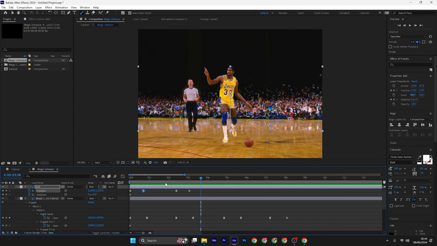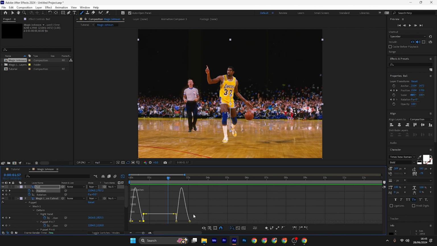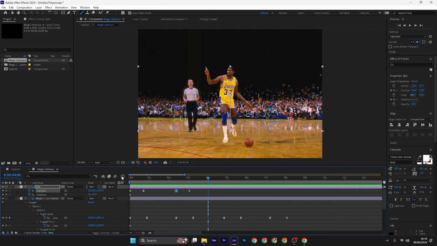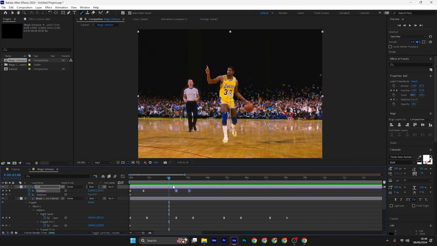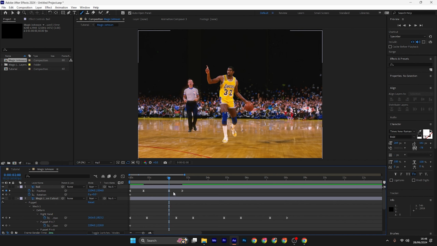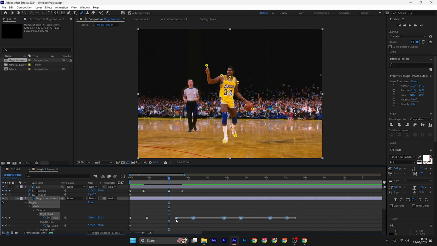So a ball is not going to be moving upwards that slowly. So we need to come back into this graph editor and change it. So it's going to have quite a sharp acceleration up here. Roughly looking pretty good. Now, the ball's spending a little bit too much time in the air and it doesn't look very real. So we're just going to drag these keyframes together closer to this and perhaps bring the hands